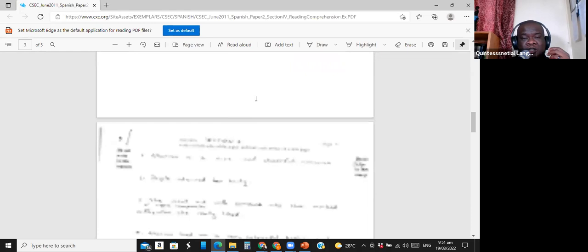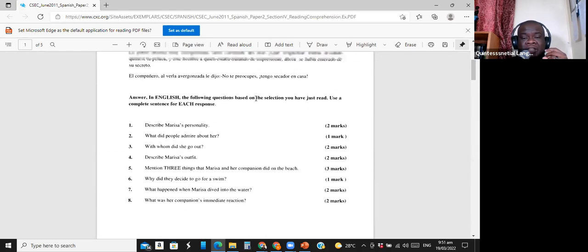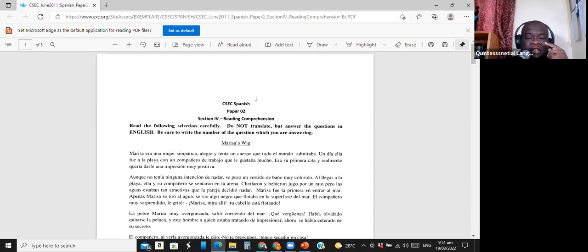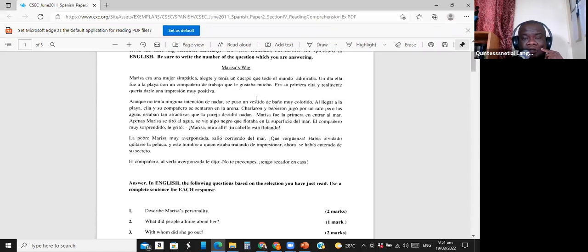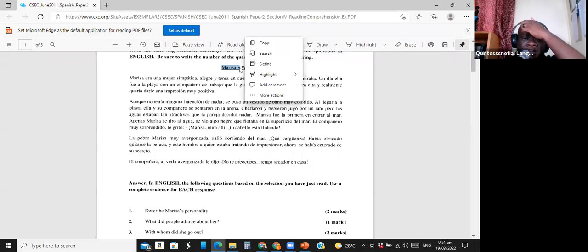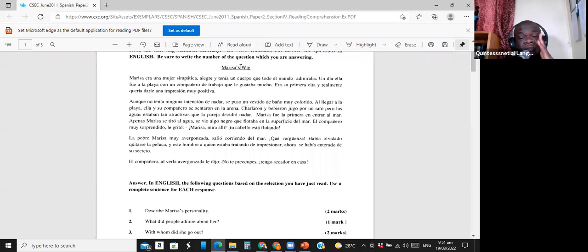So we see what I was talking about. There's one thing I want to end off by telling you all about. Before I say that, you notice once again, it is given in English. So that gives us a context of what it will be. The title is given in English and that helps us. What happened here, we may not know the word for wig. But the story was about this girl.